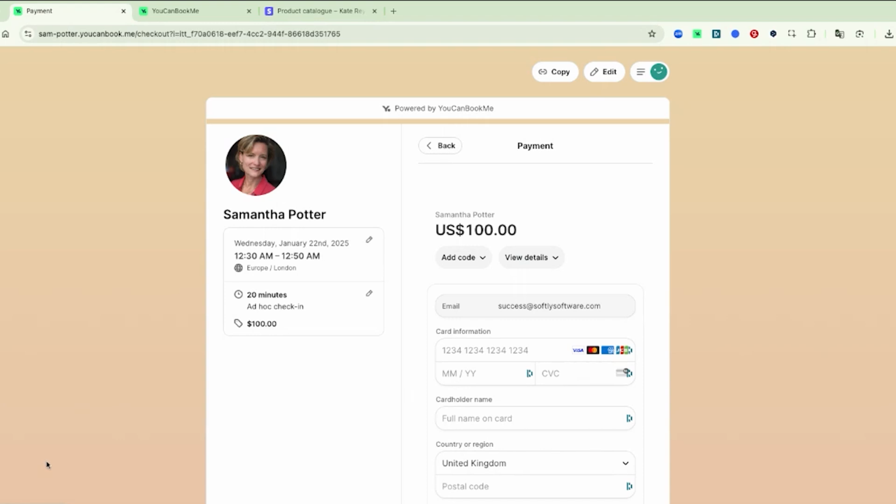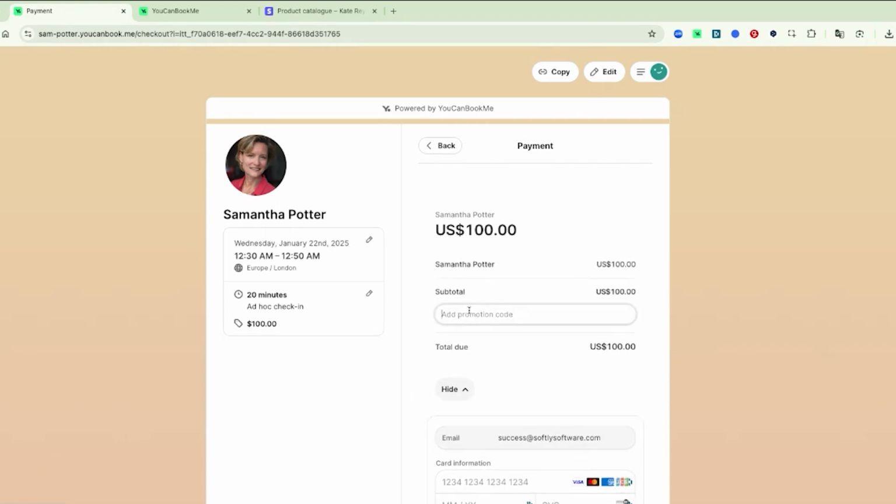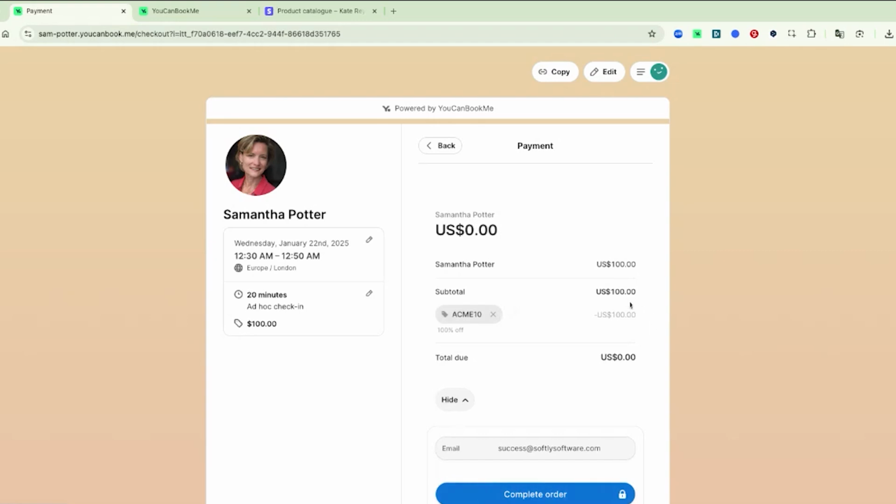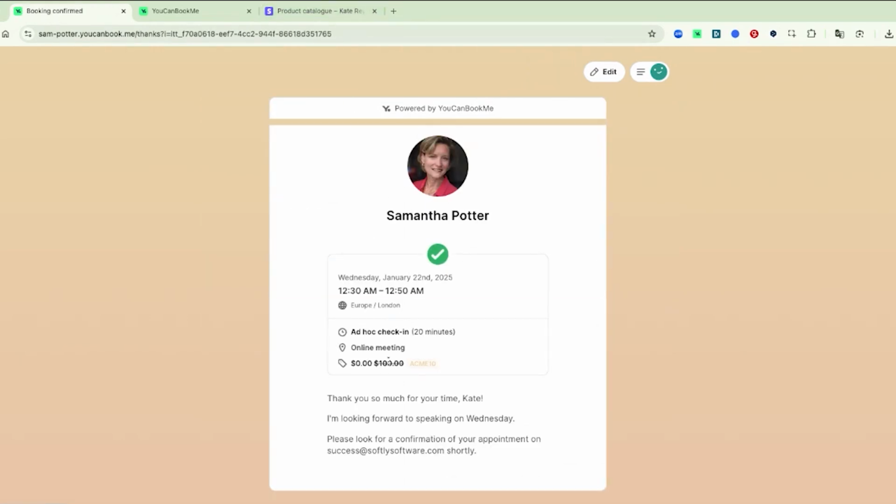So now here back on your live booking page, they just go ahead and add that code, that Acme 10, and you can see that the 100% has been taken off. So they don't have to pay anything. They complete the order and it just goes through without any payment whatsoever. And so when that does happen, there you go. And you can see here on this information that they have paid nothing, and that is the